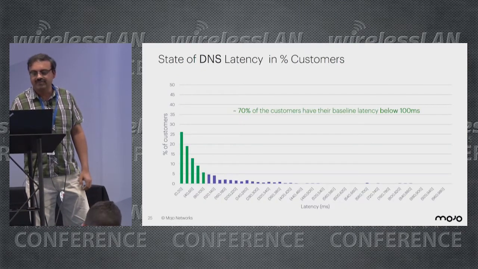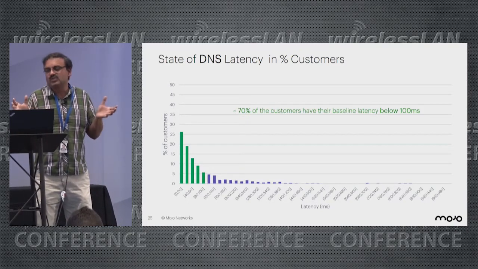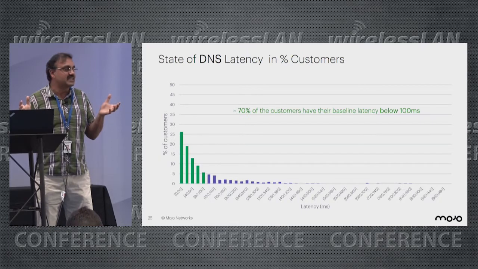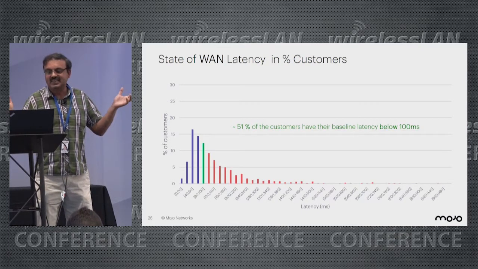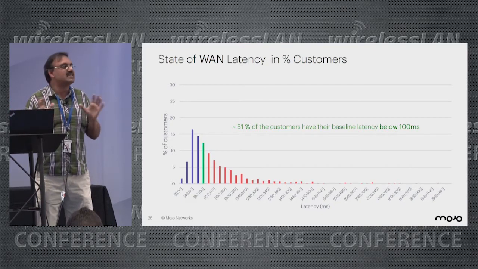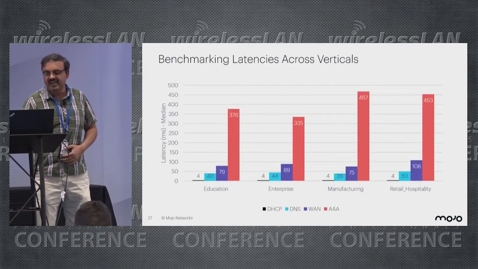Let me just quickly flip this slide. And DNS latency is mostly around, I think, three quarters of the time it's less than 100 milliseconds if the connection succeeds, right? Then the WAN latency is again less than 100 milliseconds. We know that this has nothing to do with Wi-Fi. It depends where exactly the access point is deployed on the WAN link and so on. But this is just another metric to keep in mind, right?